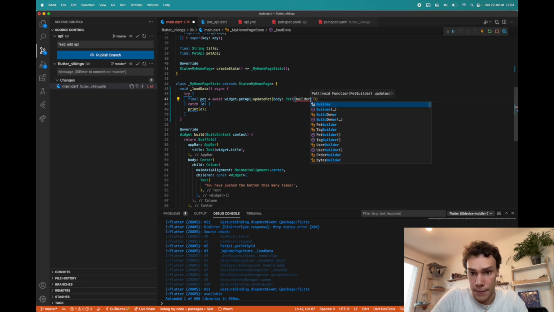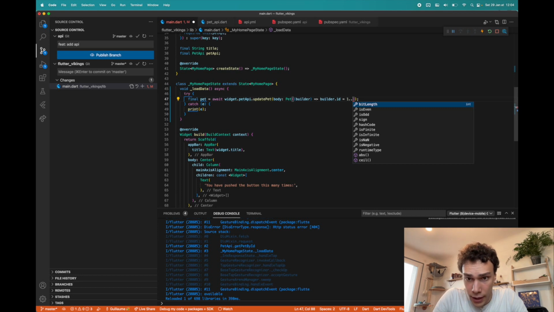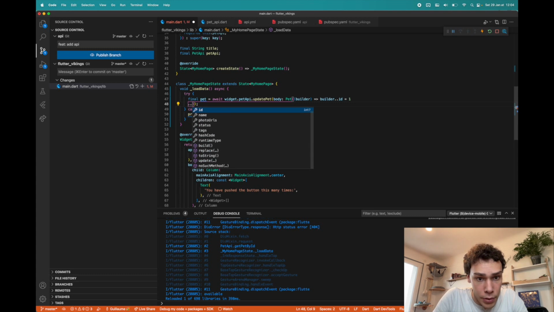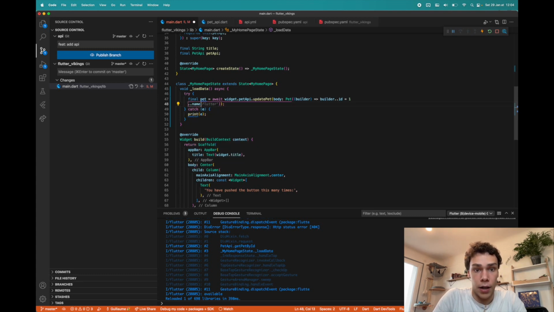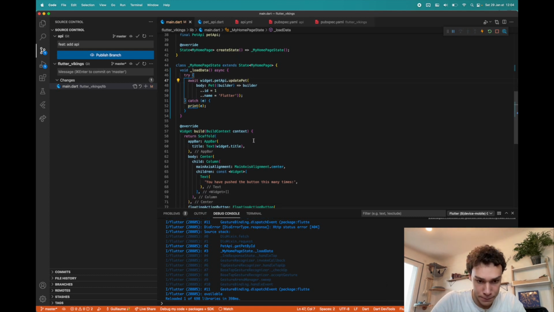So this is what we are going to use. So builder, and we can do builder.id equal 1, for instance, and then we can do builder.name equal Flutter, for instance. So this is a really good name for a pet, I think. So we will have properly created a pet, built with those settings, and we will be able to put, and if I click again on load data, again